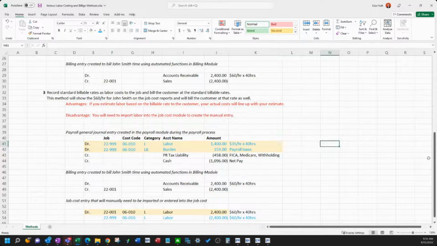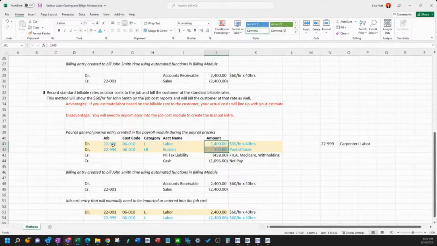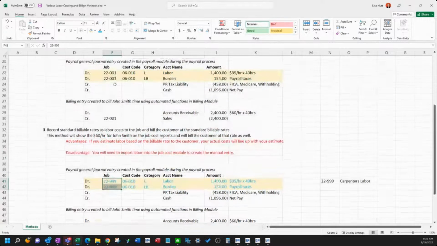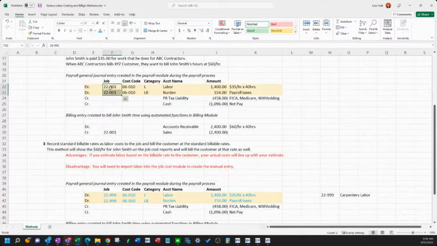So some companies are doing this, and they'll call it carpenter's labor. So all of the carpenters will go to this job when payroll's processed, not the actual job they're working on. Okay. So all of those actual costs will go into this job instead of up here to that real job.